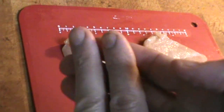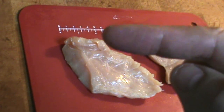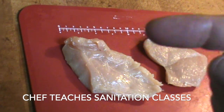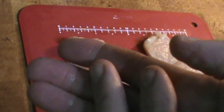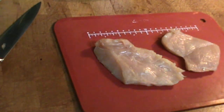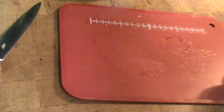Continually wash your hands. Search how to wash your hands on this channel and learn the right way. I taught sanitation classes in culinary arts for decades, and I'm still teaching how to wash your hands. Very important. Okay, so now I take my recycled bag, I add my chicken to the bag, two pieces right in there,